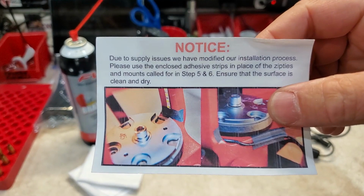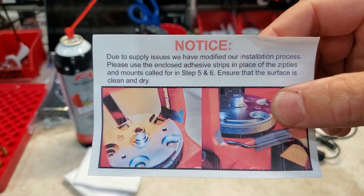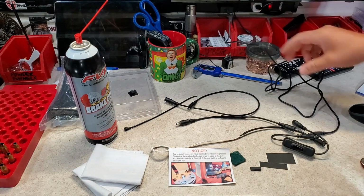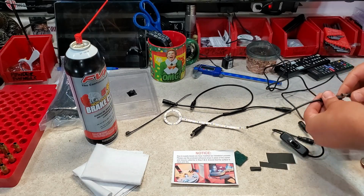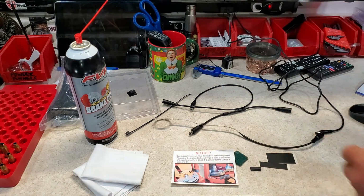Let's get this going on the install. So the kit obviously comes with a power adapter here, the LED light itself, which is insanely bright, and a power switch,